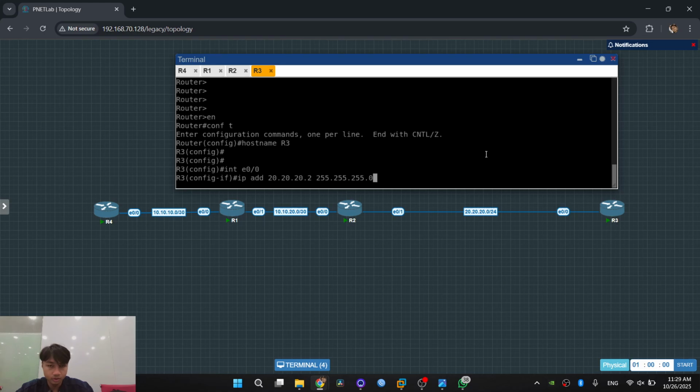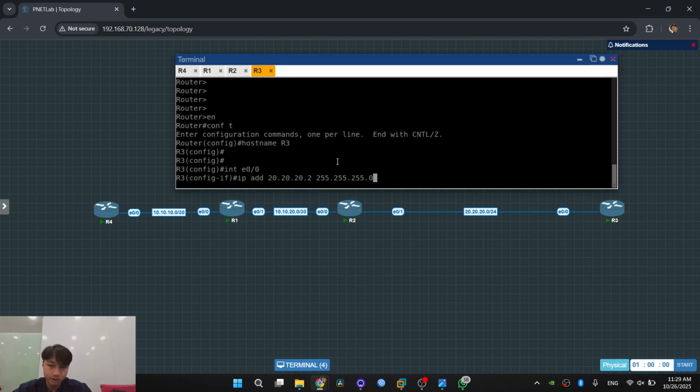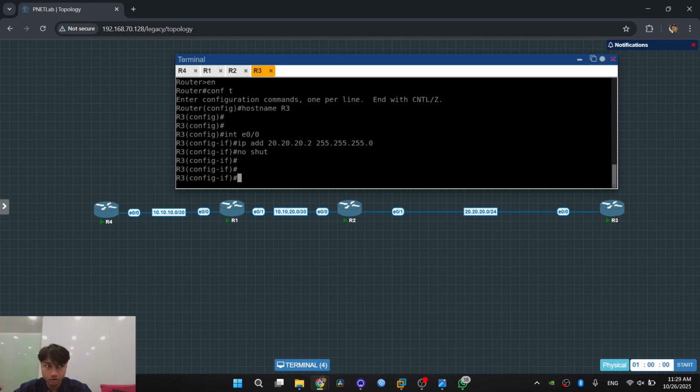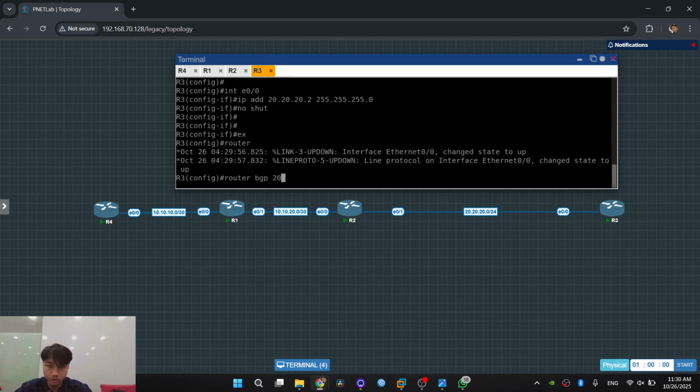And I forgot, because we use /24, so we set the subnet mask to 0, not 252. No shot, and then X, router BGP 20,